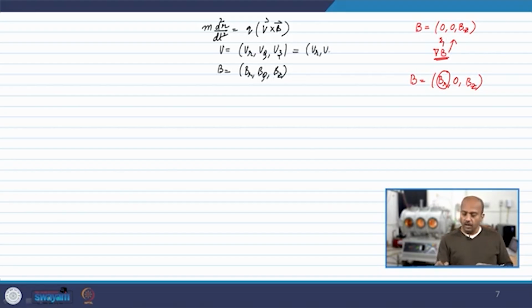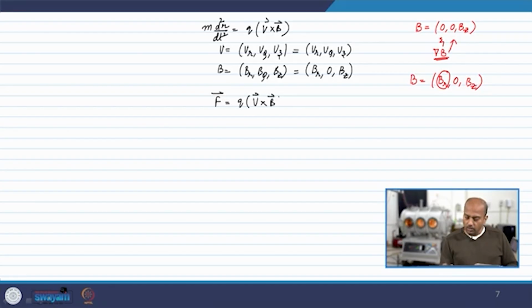So, you can write Vr, V phi, Vz. Since the particle has no limitation, it can have a velocity along any direction, but the magnetic field has some limitations, where we have restricted the magnetic field to have a radial component, a 0 phi component, and a z component. So, we can write the force as q times v cross B,